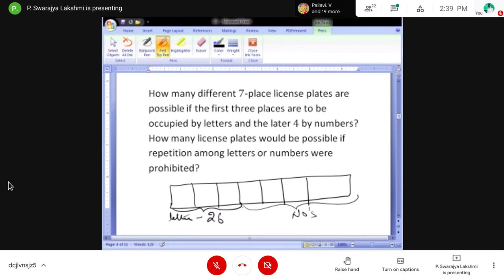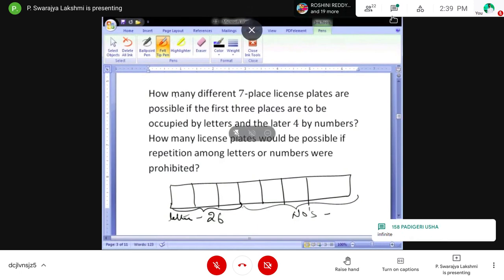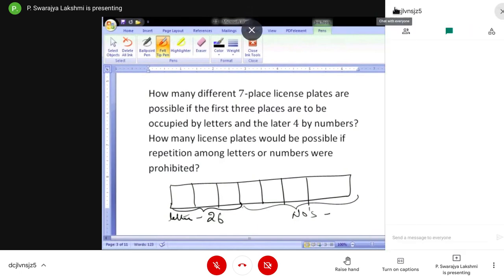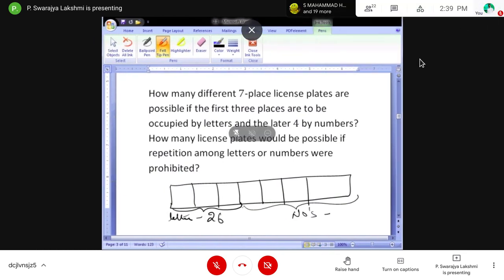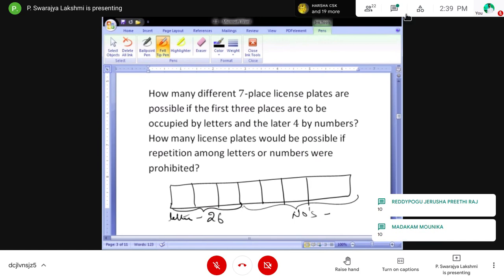And how many numbers? 0, 1, 2, 3, 4, 5, 6, 7, 8, and 9. So totally how many numbers are we having? 8, 9 or 10? With 0 also, right? So we are having 10 numbers.